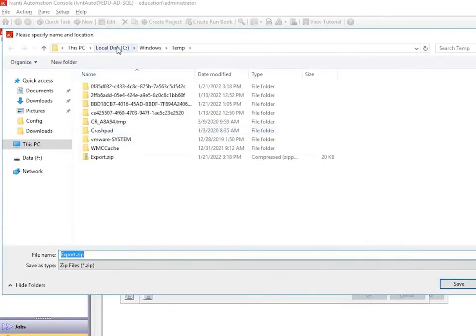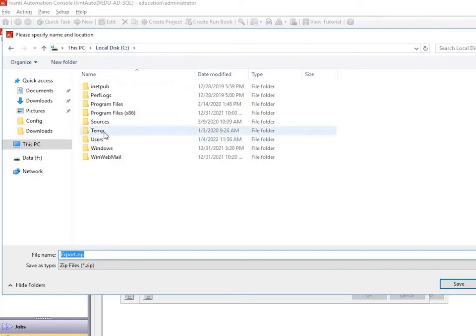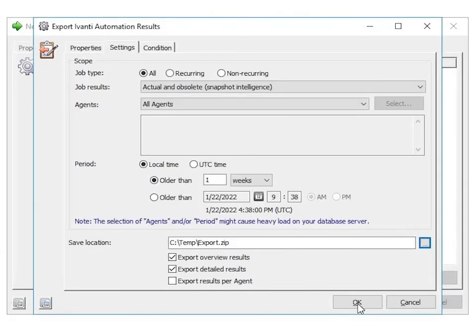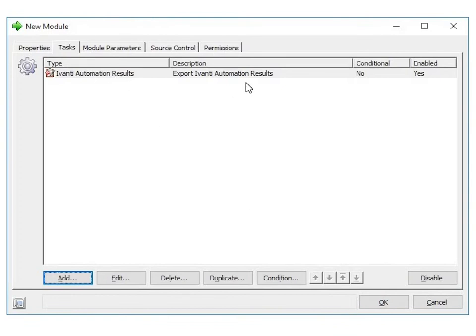Now you see this is the local Windows temp folder, but let's say we place it in the local disk temp. Give the export a name and click OK. This means that we are exporting data first before we are deleting it. So the next step is add,